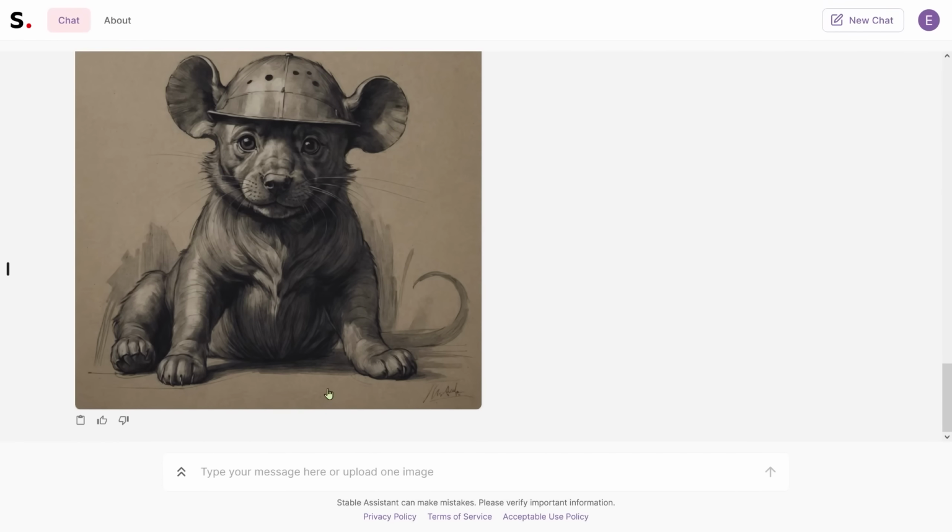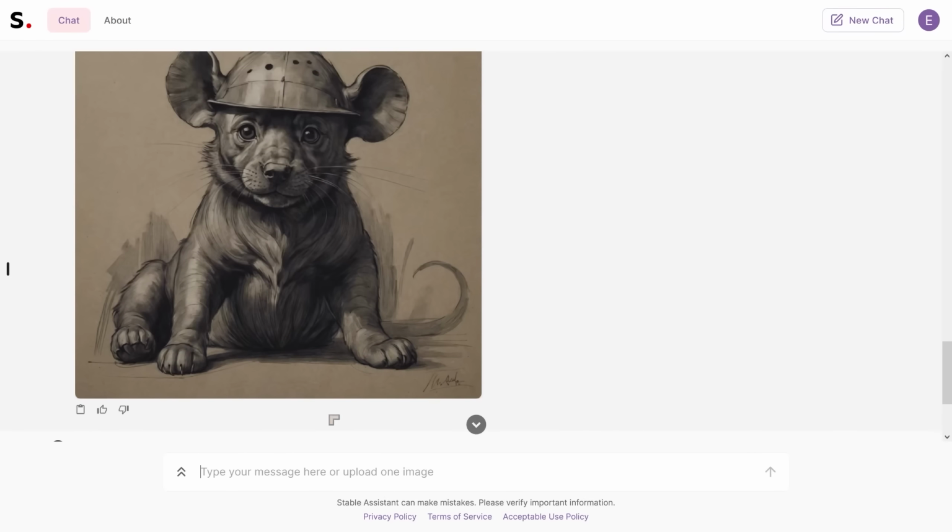Now I'm going to ask it, what prompt did you use, and is there any way of getting rid of the signature? What prompt did you use, and is there any way of getting rid of the signatures that appear? The signature there is not necessarily what I wanted, and the result that we got was that it used exactly the same